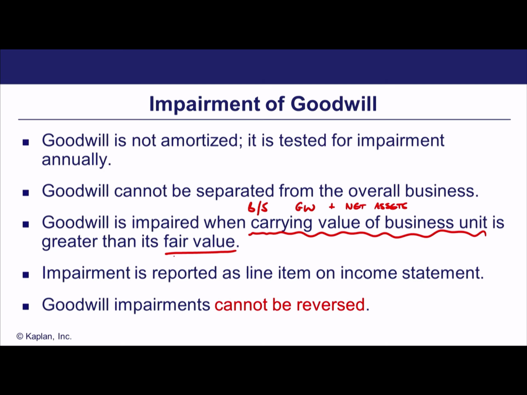Now remember, impairments go through the income statement. They're rather like giant depreciation charges, essentially. So the impairment is going to reduce the balance sheet asset, the goodwill in the balance sheet. The other side of the impairment is going to appear as an expense in the income statement. And remember, typically they were unusual or infrequent items within our income statement. Now, goodwill impairments cannot be reversed.